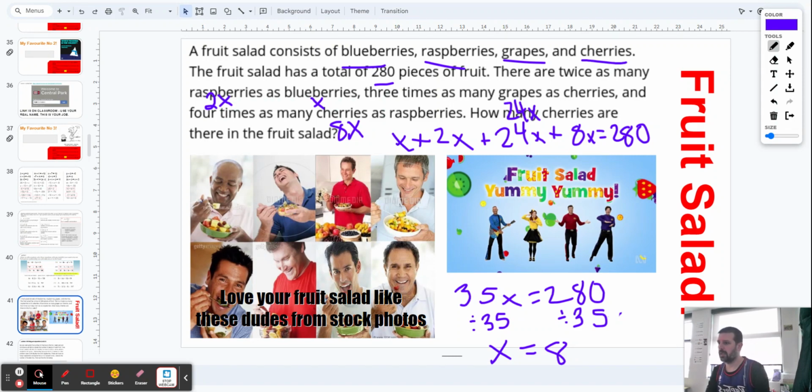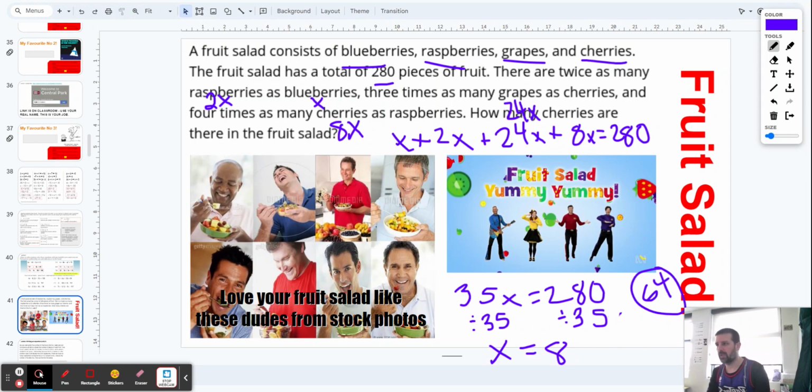And the cherries are 8x, so it's 8 times x. 8 times x, and we discovered that x is 8. So we got 8 times 8, so we got 64, okay? So there's 64 cherries. Why? Because we discovered what x was, which was 8. But that's blueberries, which is not what we wanted to know. We wanted to know cherries, which is 8x, so 8 times x, which is 8 times 8, which is 64,